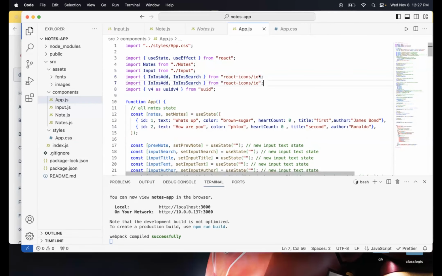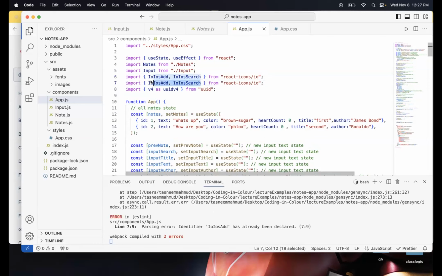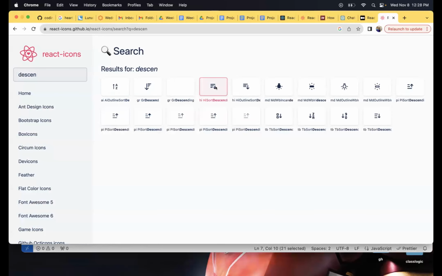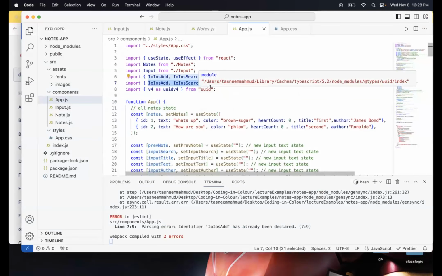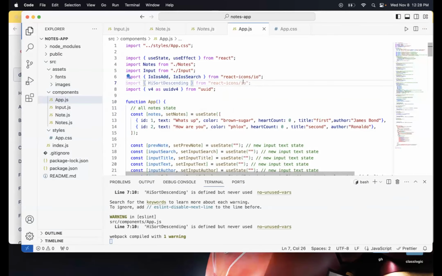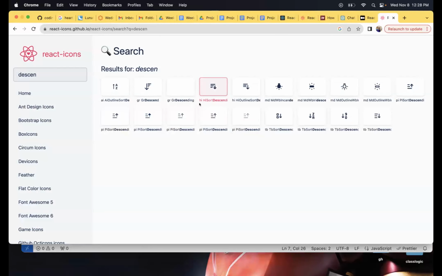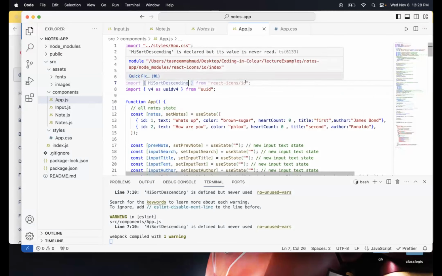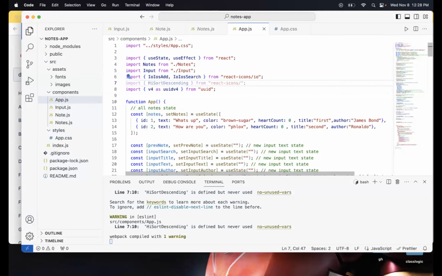Command C. I'm gonna change this to the name I copied. Nope, that's not it. Okay. One thing that you have to see over here, the extension is HI. So React icons.io will not work for this. I have to use React icons HI.